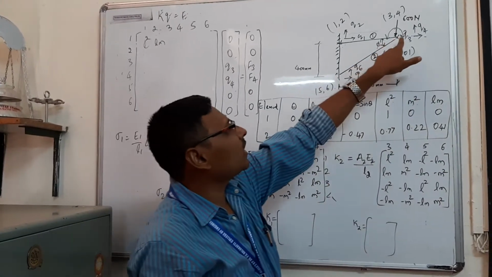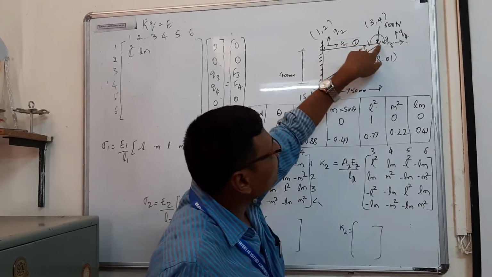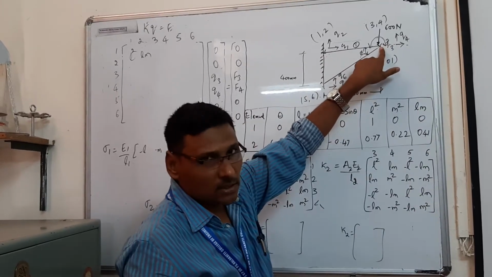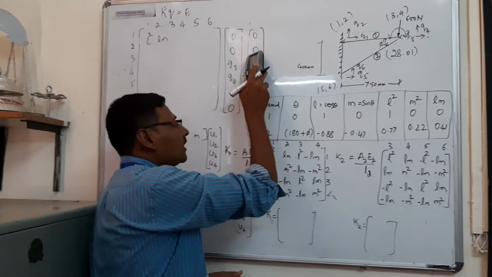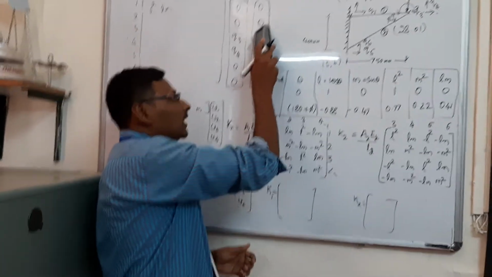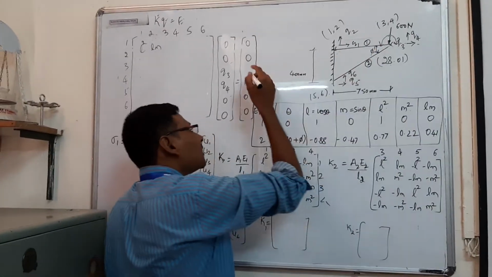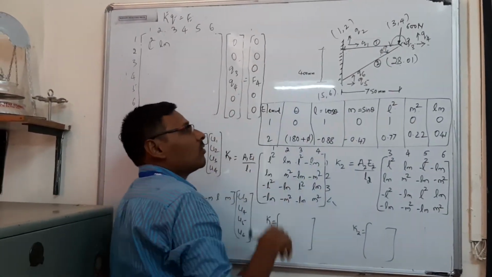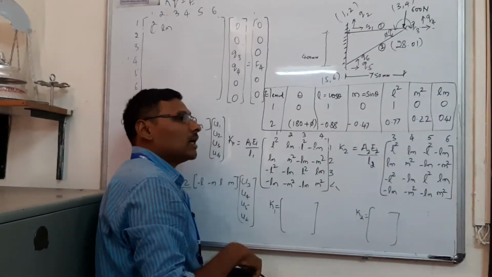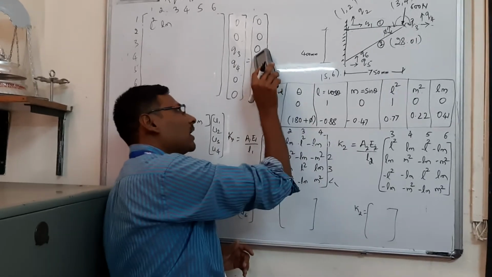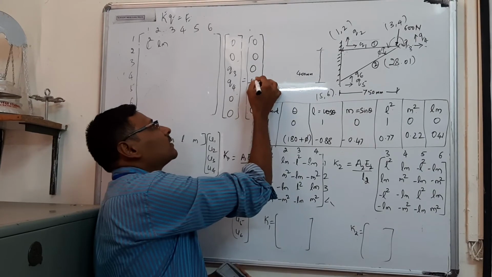Now come to the second node. It has a load along the y-axis, whereas along the x-axis it is 0. Along the y-axis it is acting in the downward direction. So F3 is the load along the x direction, which is completely 0, so I will write it as 0. Whereas the load along the y direction is around 600 Newton in a downward direction. Thus it will become negative as a reference, so this will become minus 600.